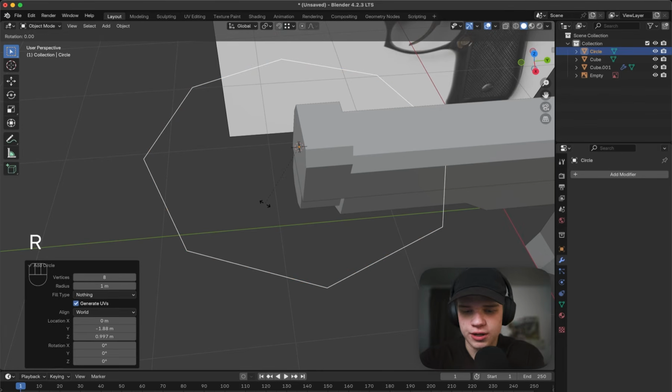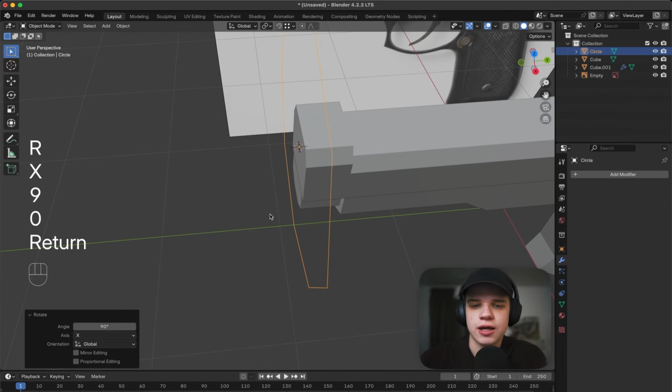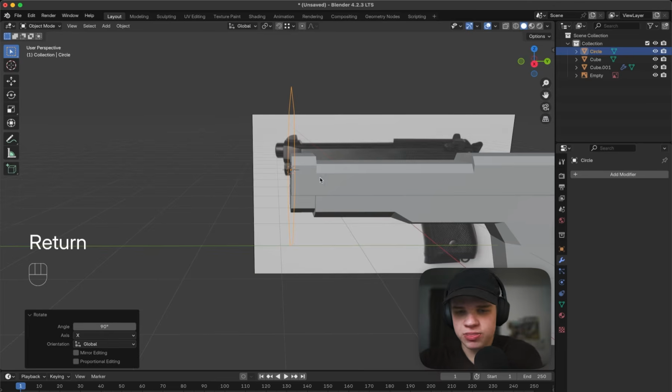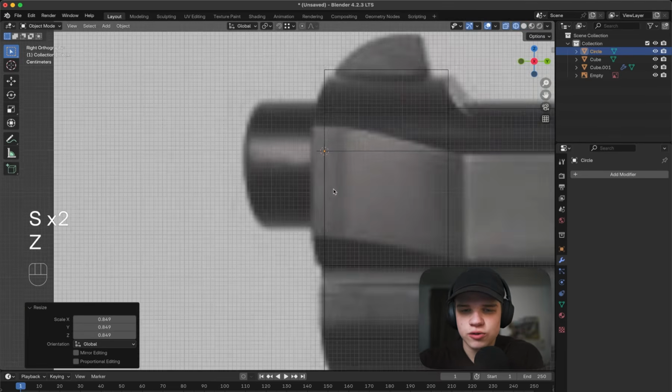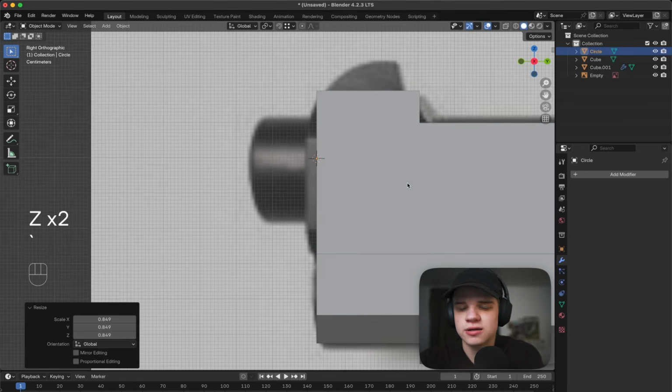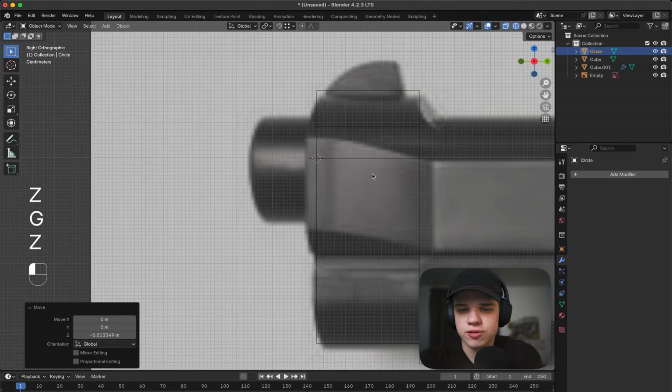I'm going to go RX 90. That will rotate it so now it's facing forward. And then I'm just going to scale it down to basically the right size. And then you'll see that it might be too high, so I can push it down slightly if I need. The orange dot is where the center of the circle is going to be, because that's where the